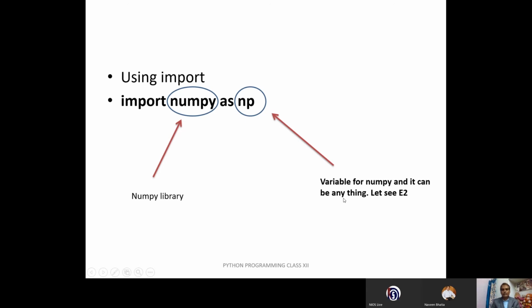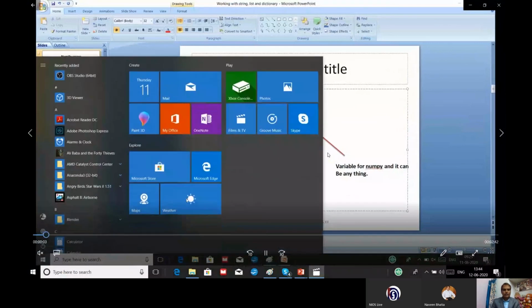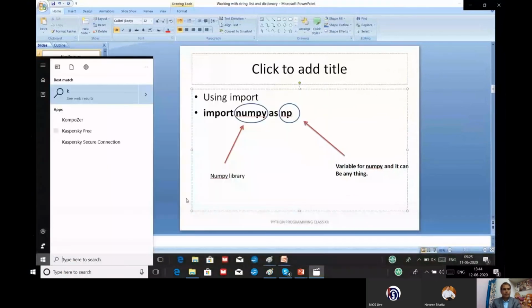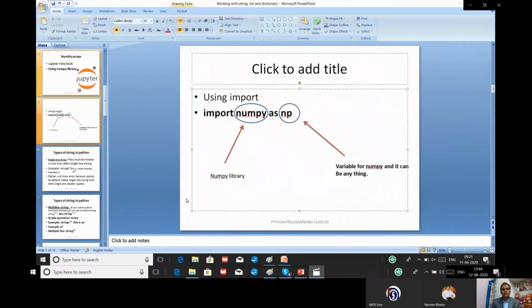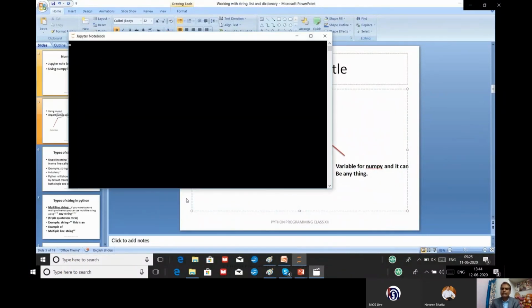Let's see an example to understand this. I'm going to start Jupyter notebook. It is available with Anaconda. It takes a little time, not much. It is fast. It will run on localhost, on an internet web page.